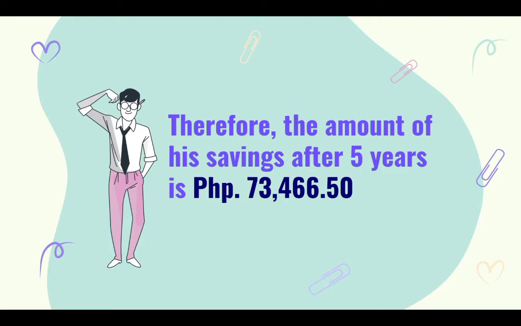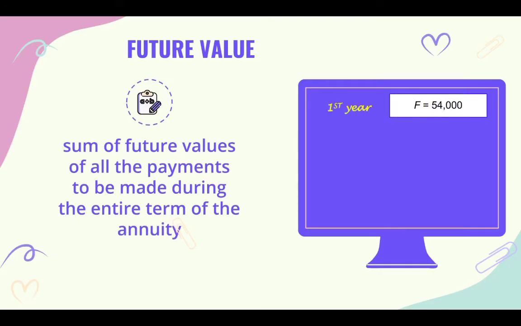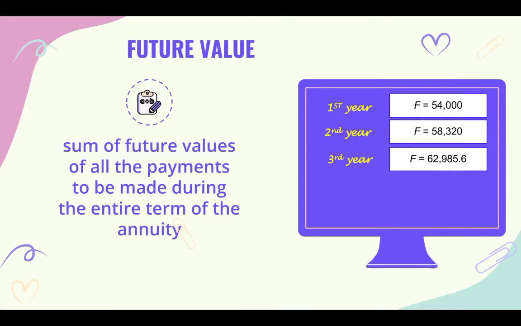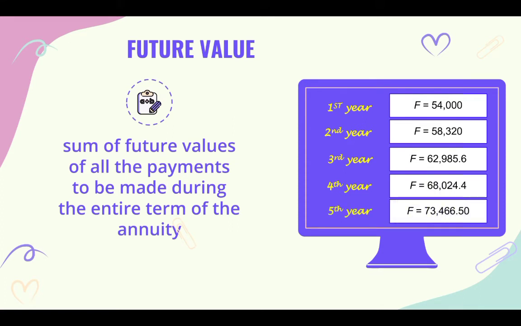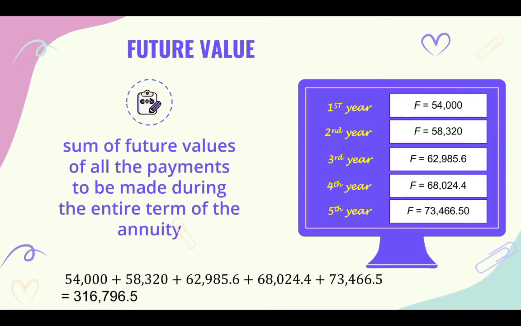Okay, now to find the future value, wherein the sum of future values of all the payments to be made during the entire term of the annuity. So for first year, we will have the value 54,000. Second year, 58,320. Third year, 62,985.6. Fourth year, 68,024.4. And for the last year, 73,466.50. If we add all these values,